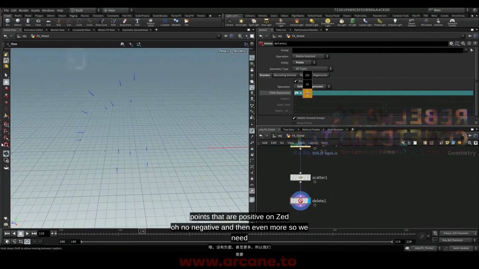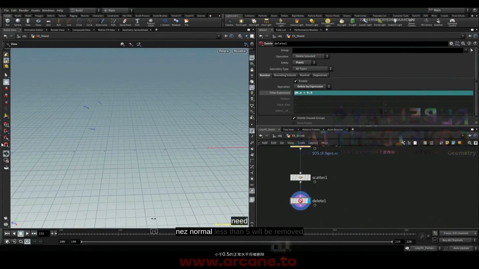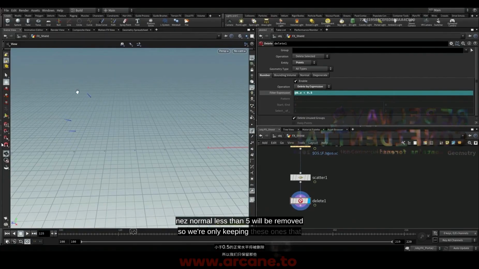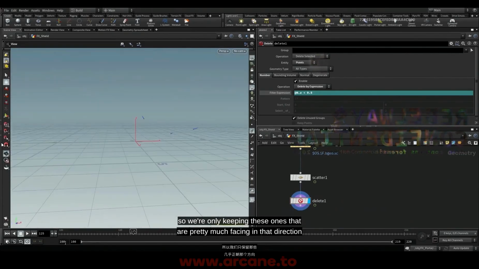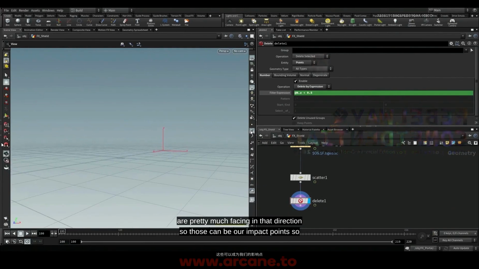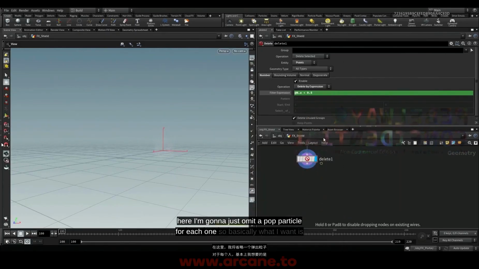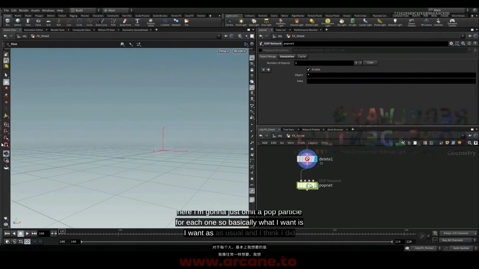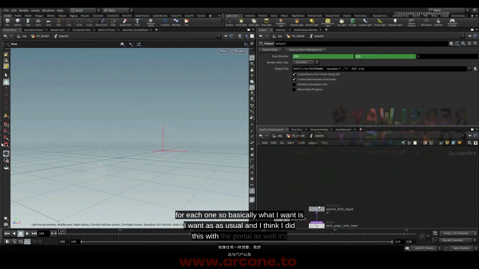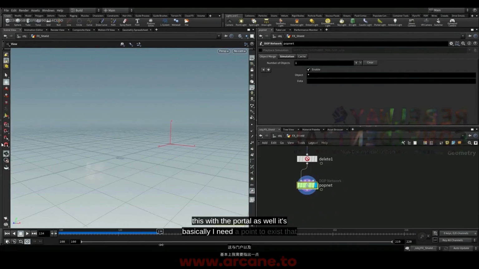And then even more. Any Z normal less than 0.5 will be removed. So we're only keeping these ones that are pretty much facing in that direction. So those can be our impact points. So here I'm gonna just emit a particle for each one. Basically what I want, as usual, and I think I did this with the portal as well, is I need a point to exist